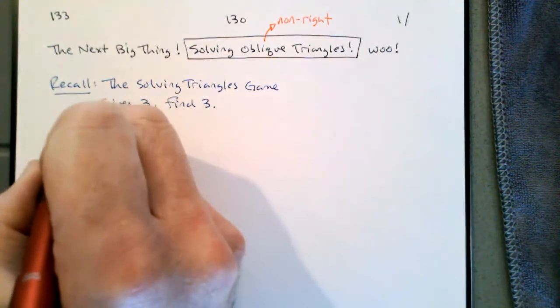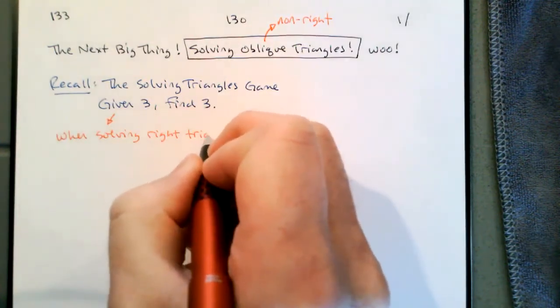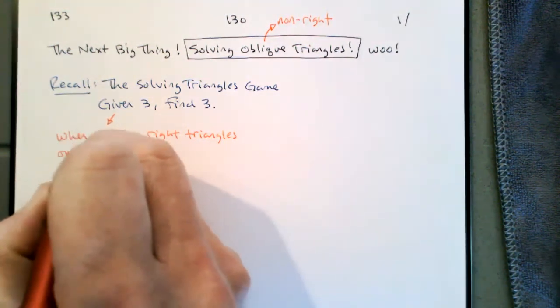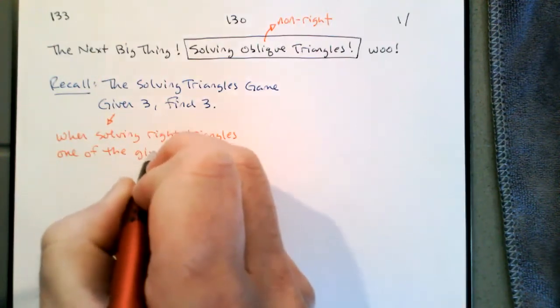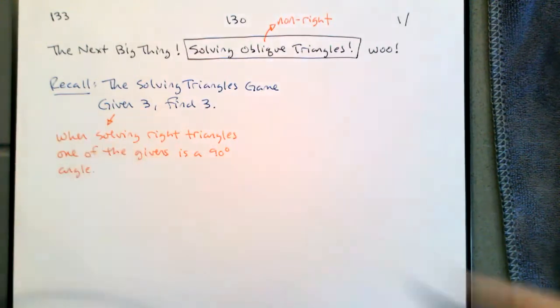When solving right triangles, one of the givens is a 90-degree angle. Because of this, we had a specialized tool set for dealing with right triangles. Because one of the angles is a 90-degree angle, we have a hypotenuse, and that means we can use sine and cosine and tangent because we have opposite, adjacent, and hypotenuse. So our tool sets